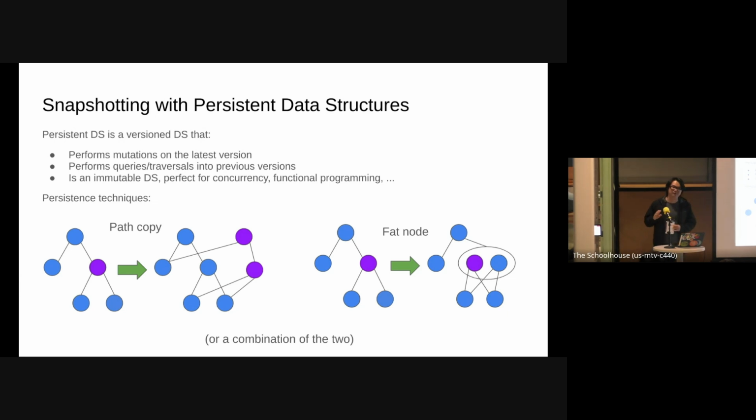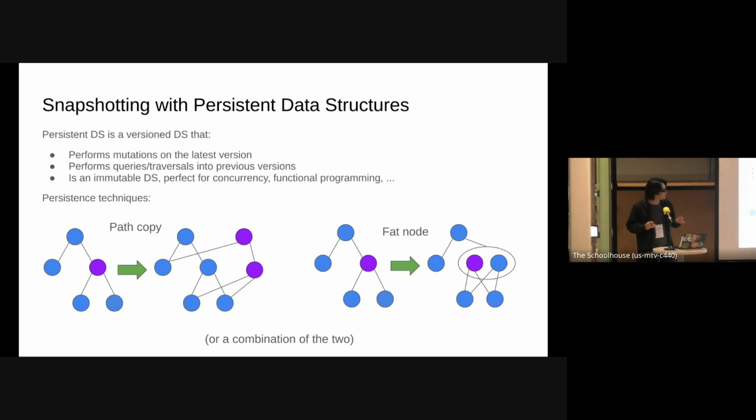First, the fundamental thing is, of course, copy on write. But there are two more techniques to make it globally persistent. The first one is path copy, which is what we are doing a lot currently. Let's say we want to mutate a node, we track all of its in-pointers and copy the entire path. We're very familiar with that, and we know that